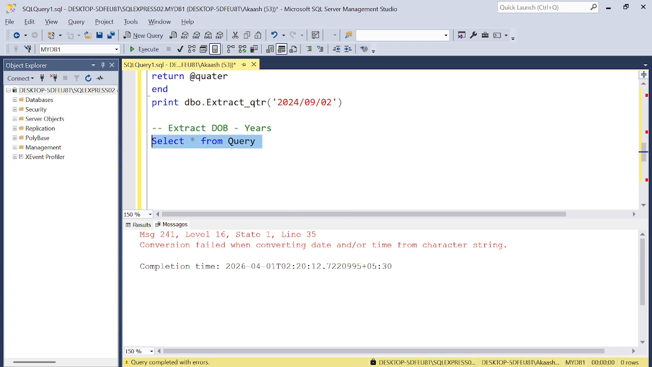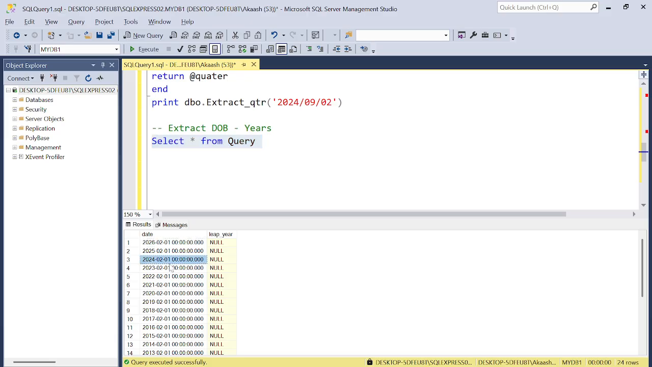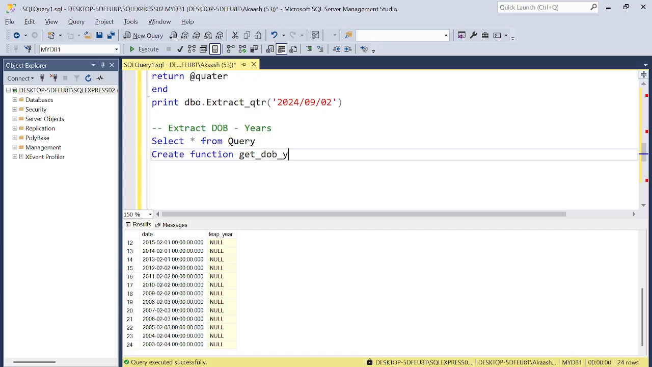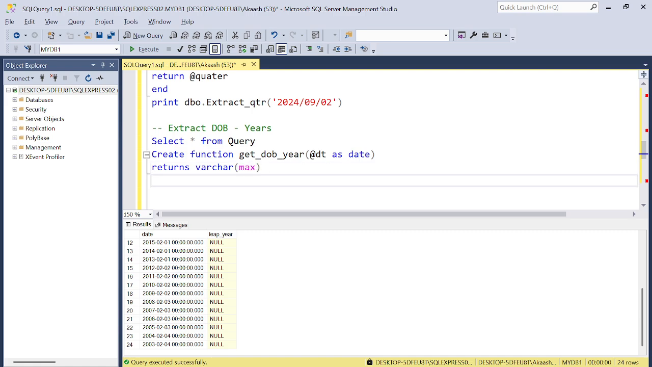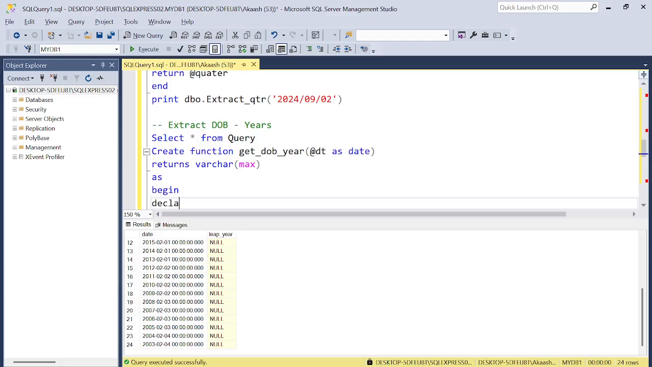query. Let's, for the timing, understand this is the date. These years, these are the DOBs. Now we need to get the year, how many years it has been for this particular person, right? So here what we can do is create a function, create function get_dob_year, right here @dt as date as returns varchar. I would like to add the suffix now here, varchar as begin, declare @year as